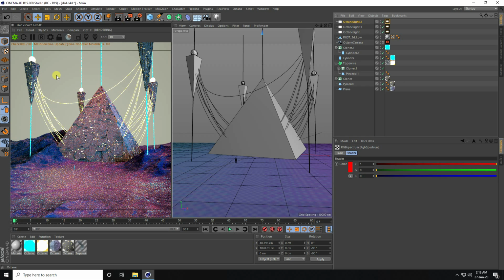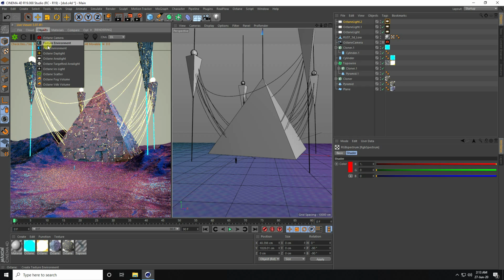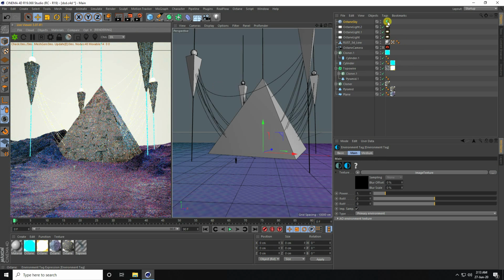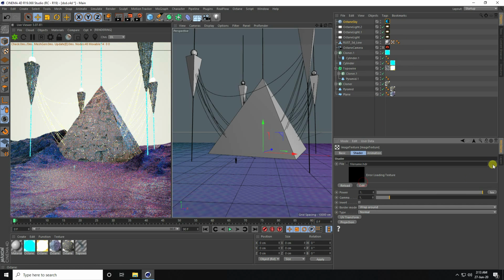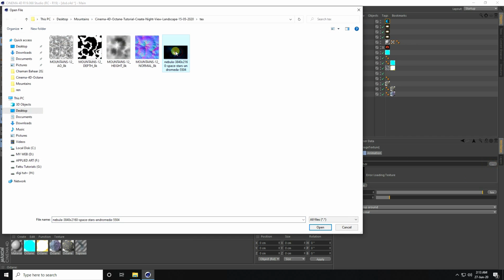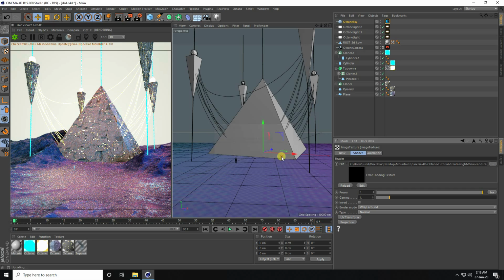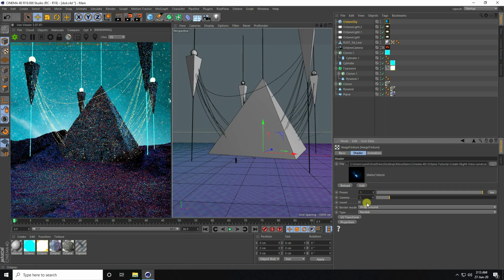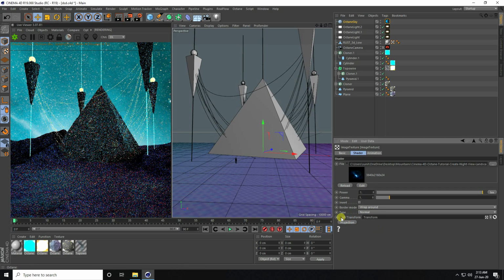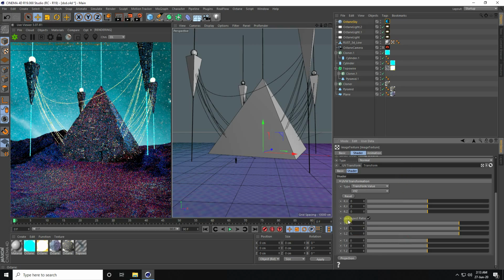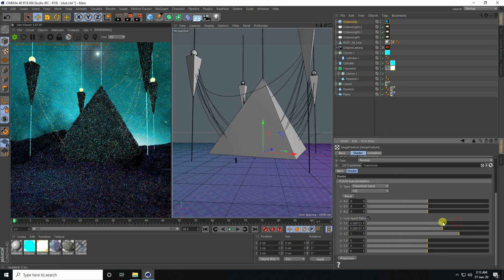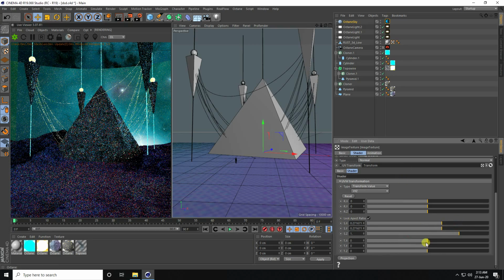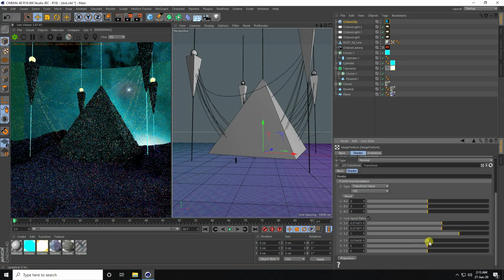Now I create background. So use HDRI environment, click and go to here and apply texture. Guys, see, that's my sky texture, night view scene. And go to UV. Guys, I change scale size. And change position also.